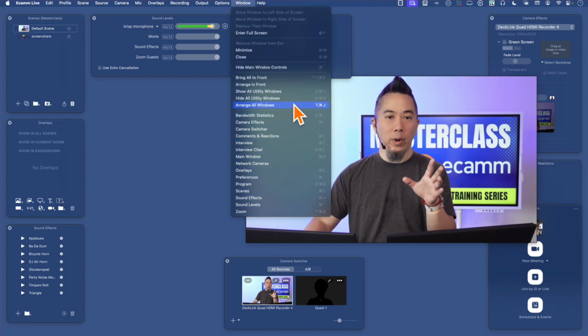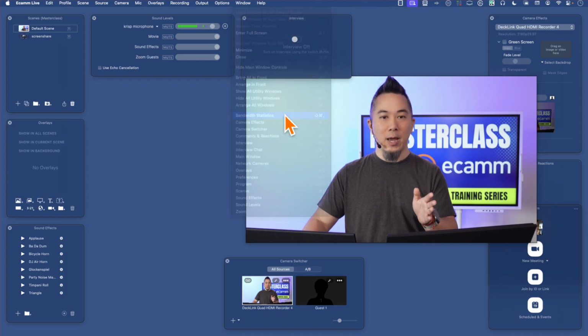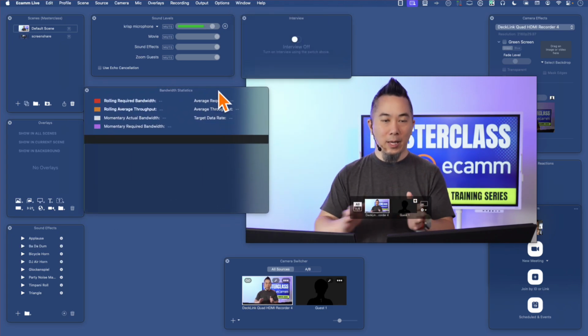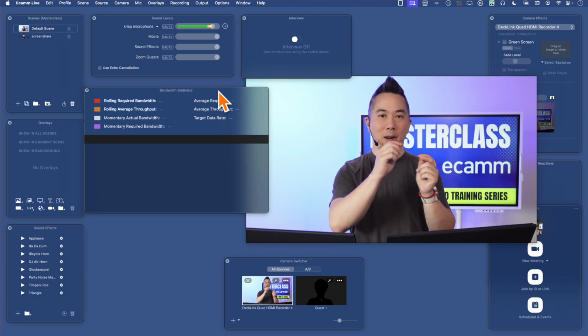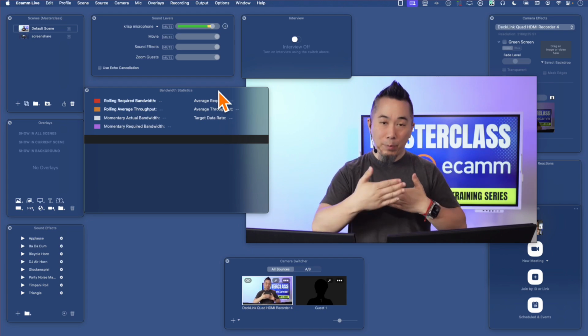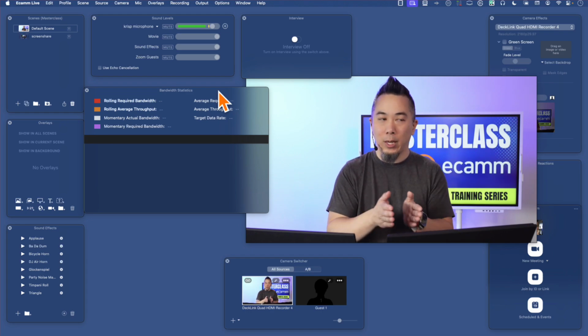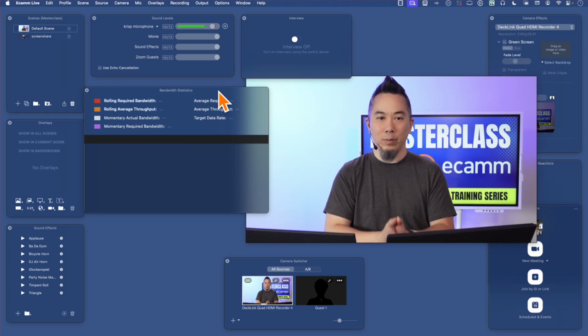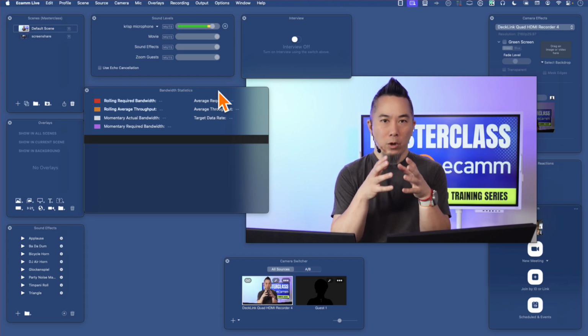Now, there is one window that does not appear by default, and you actually have to click on the Window menu item and click on Bandwidth Statistics. Now, when you click on this, what this is actually showing you is a timeline of the amount of bandwidth, the upstream bandwidth of your internet connection that Ecamm is needing and using while you're doing your live streams. This is a really, really important piece for you to look at when you're doing your live streams,